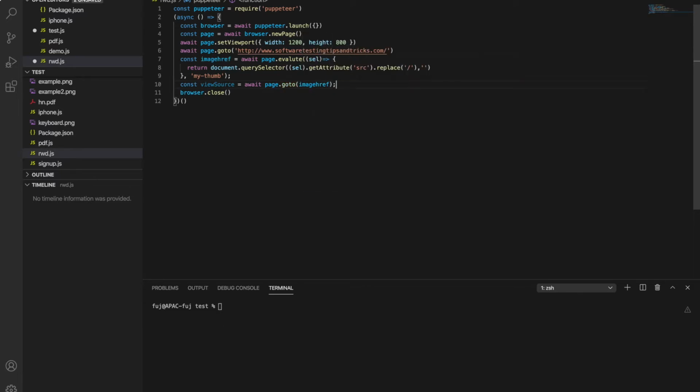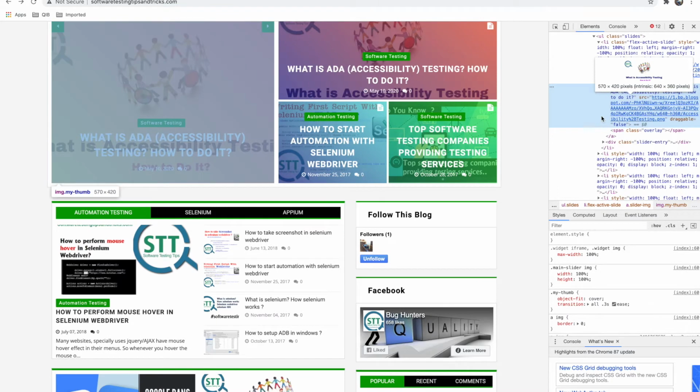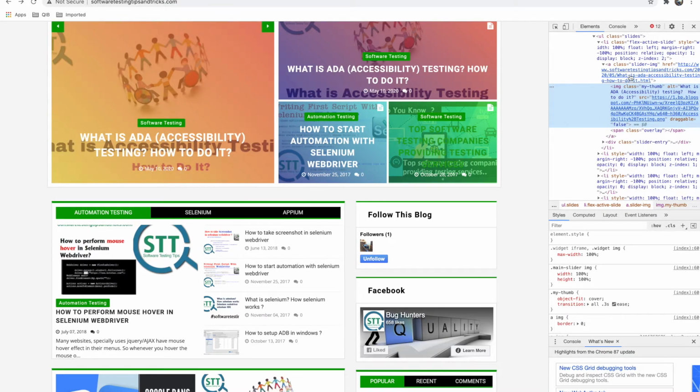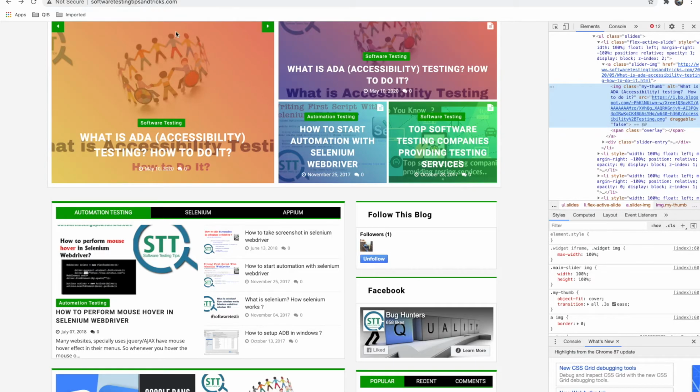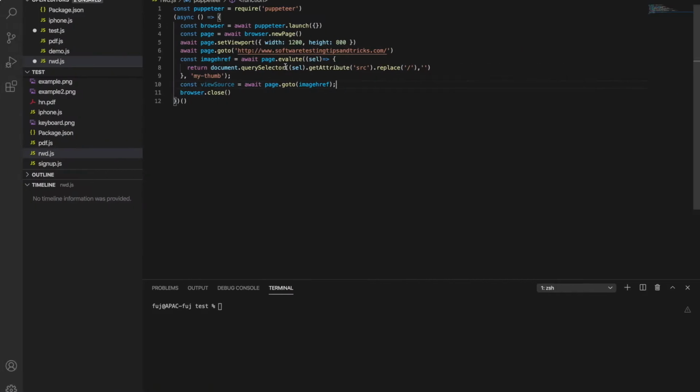So here we are going to the image URL. Sometimes if the image is hosted in the same blog, then it may be a dynamic URL, so you will not get the blog URL. So you can combine it using this URL and then whatever image href URL you are getting.